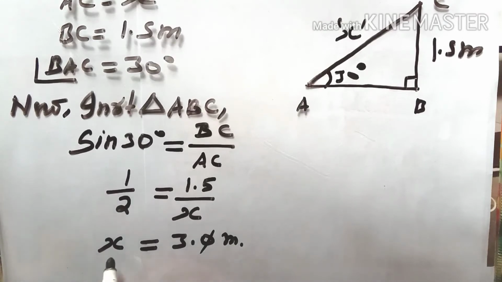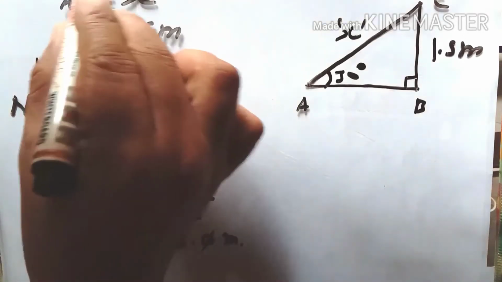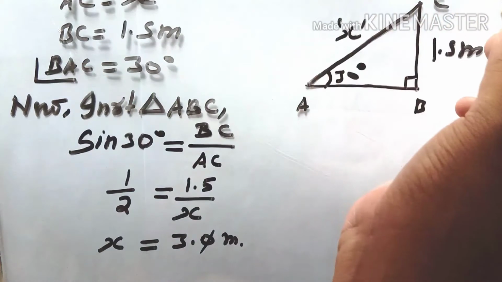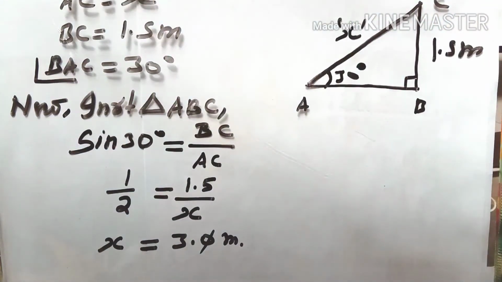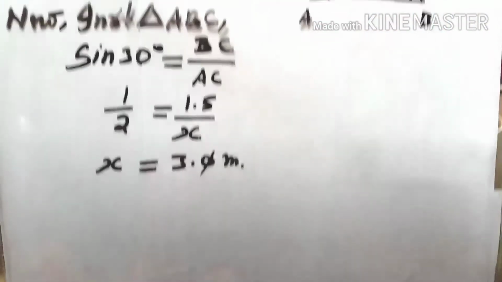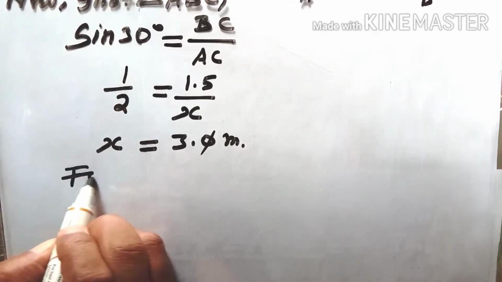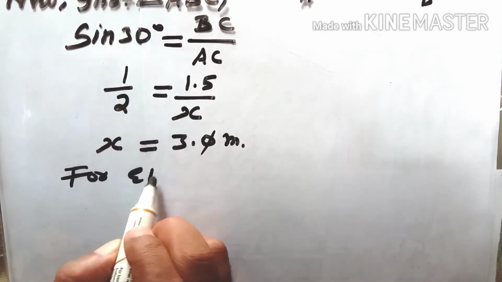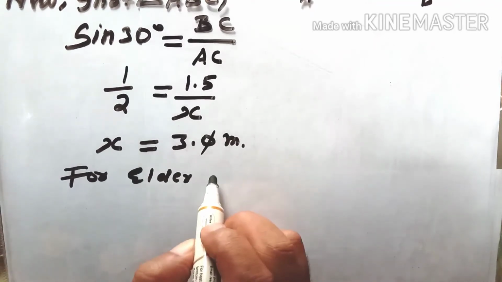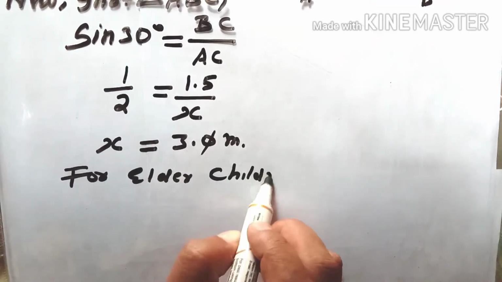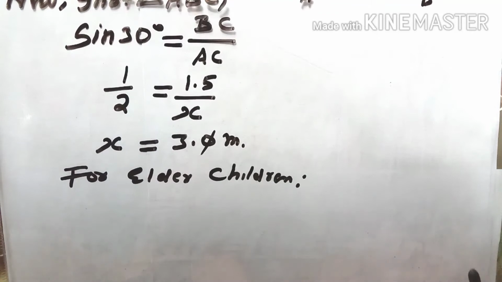So this will be the length of the slide for the children below the age of 5 years. Now the case 2, that is for the grown-up children, for elder children. So again here for elder children, a contractor wants to have a steep slide at a height of 3